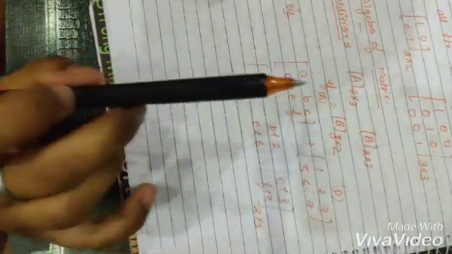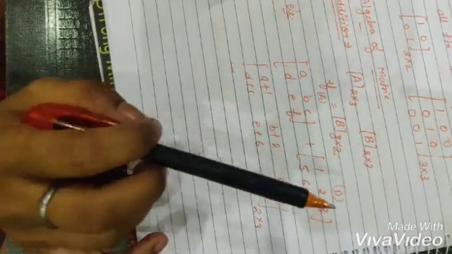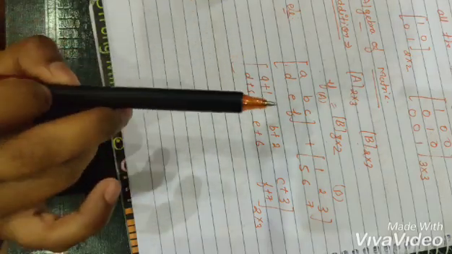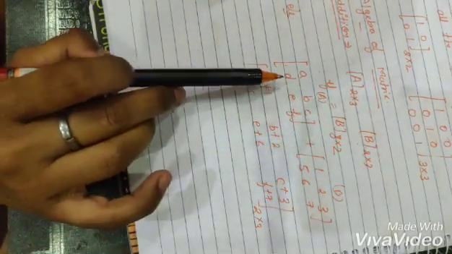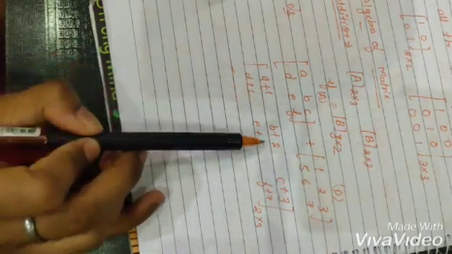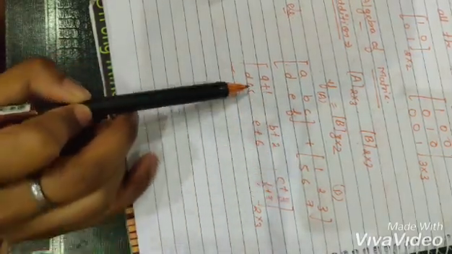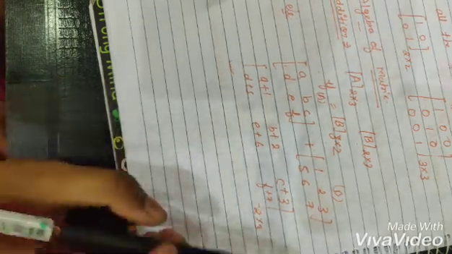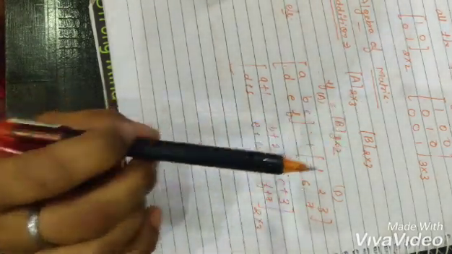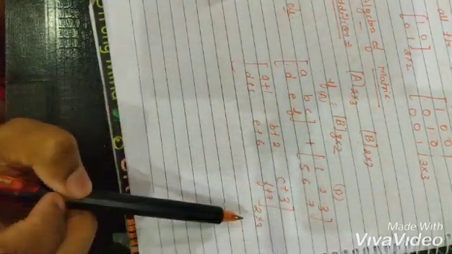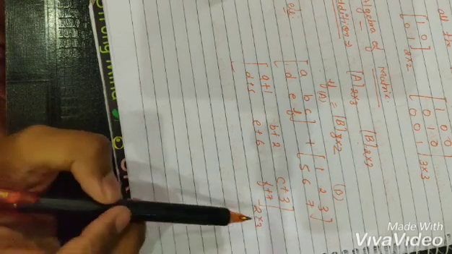Now always remember one thing in the algebra of matrices, in addition or subtraction: corresponding elements are added or subtracted with the corresponding elements. A plus 1, B plus 2, C plus 3, D plus 5, E plus 6 and F plus 7. And remember one thing, in addition or subtraction, the order of the resultant matrix never changes. That means this is also 2 cross 3.